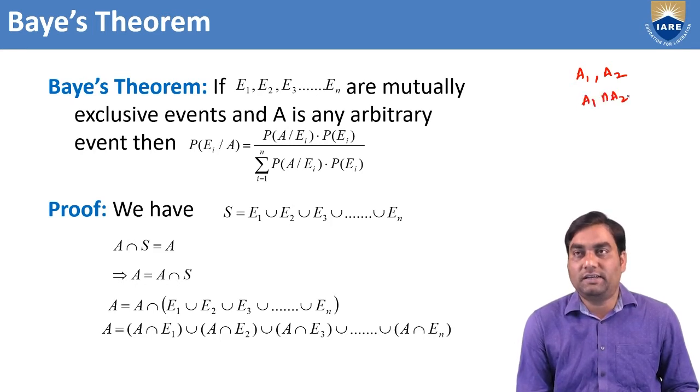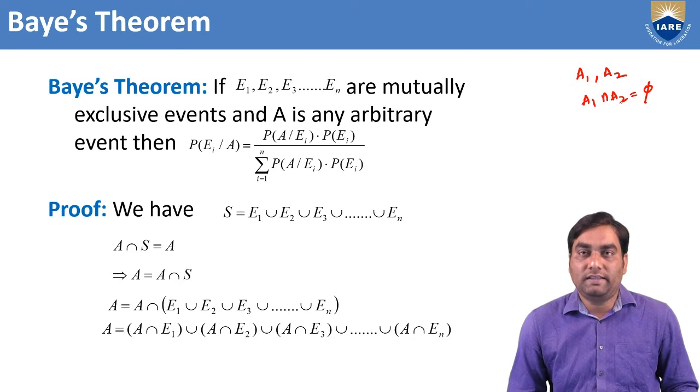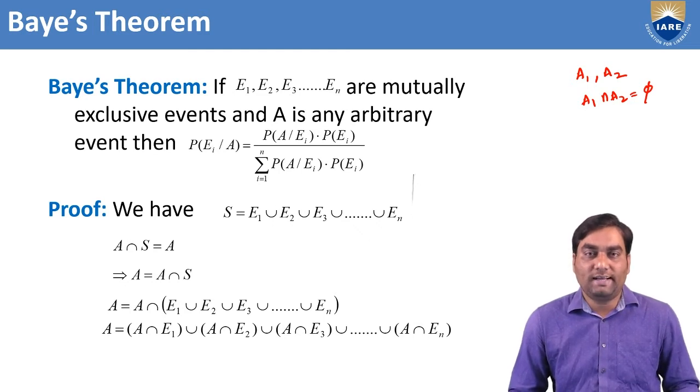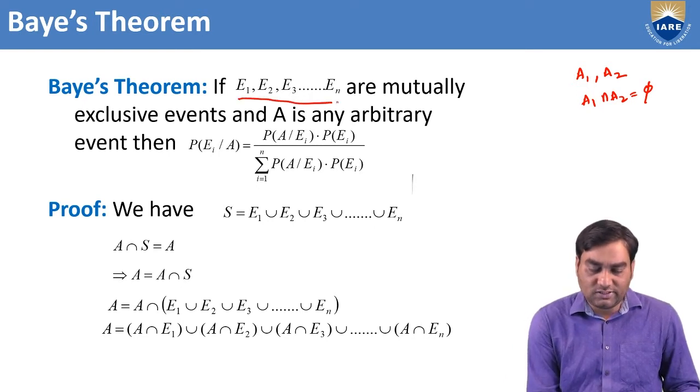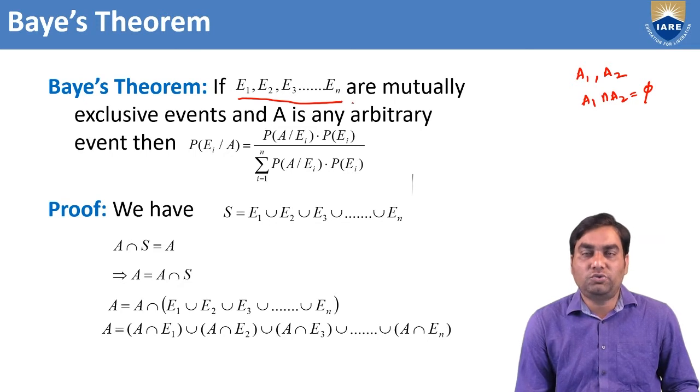A1 intersection A2 equals phi. Then we can call A1 and A2 mutually exclusive events. Now the statement of Bayes' theorem is, if E1, E2, E3 and so on En are mutually